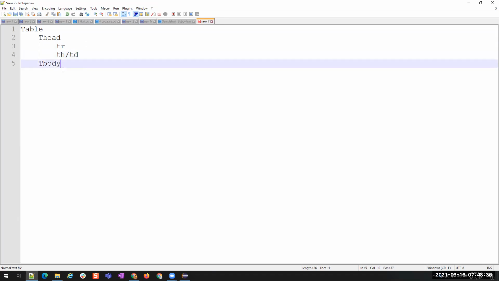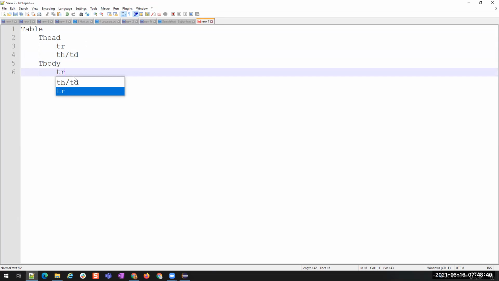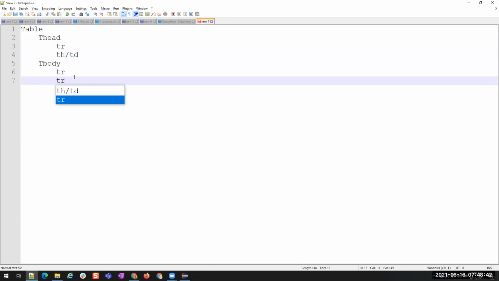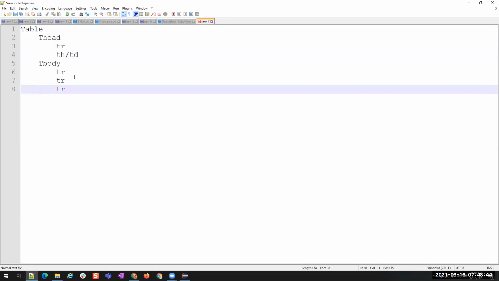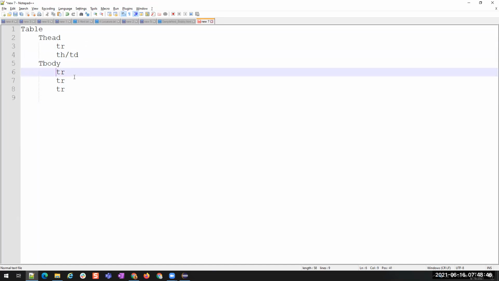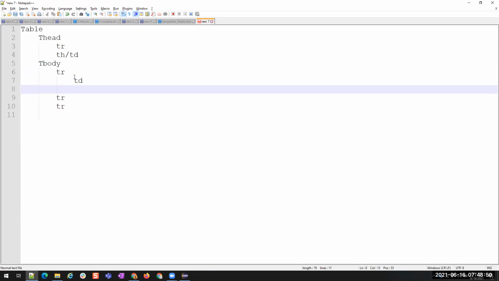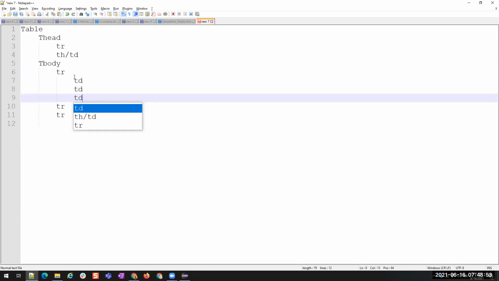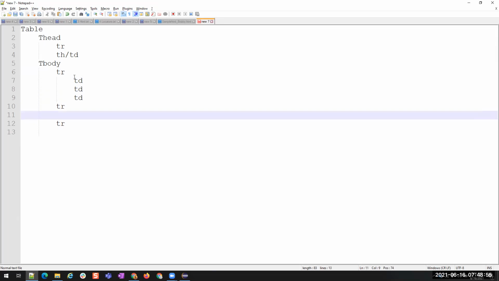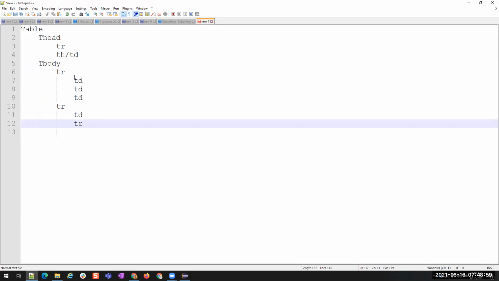Similarly, inside the T body also, for each row, we have TRs. We have multiple TRs, for example 3 rows, and then each row has 3 columns: TD, TD, TD. This is how the hierarchy of the table is.